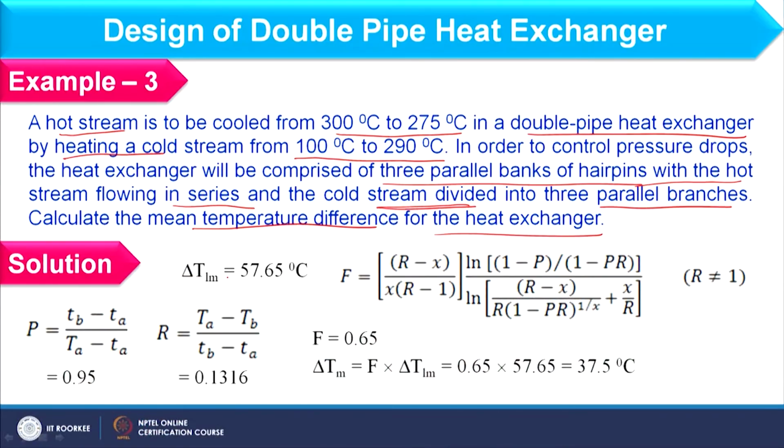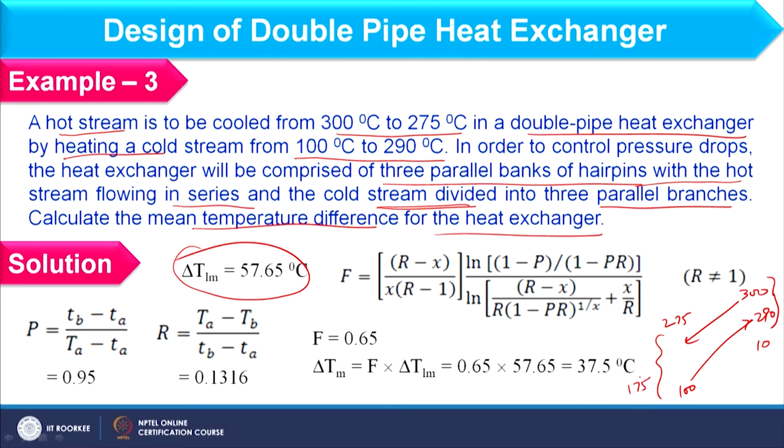Here I am having LMTD for counter current flow. So, you can simply understand that hot fluid is moving from, let us say, 300 to 275 and cold fluid is moving from 100 to 290. So, here I am having temperature difference as 10 and here I am having temperature difference as 175. So, considering these two, you can simply find out LMTD for counter current flow as 57.65 degree Celsius, and further to calculate FT correction factor we have to find out